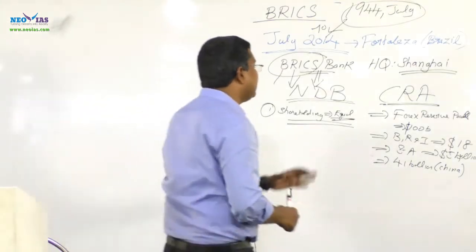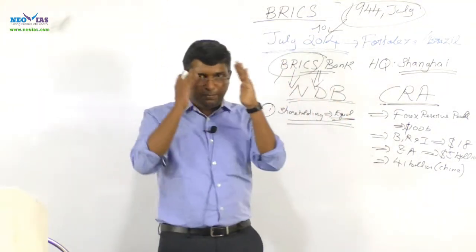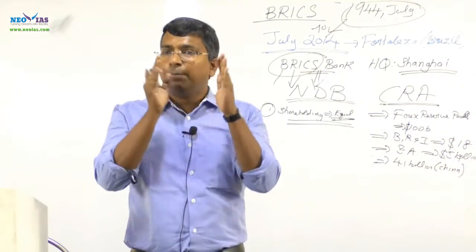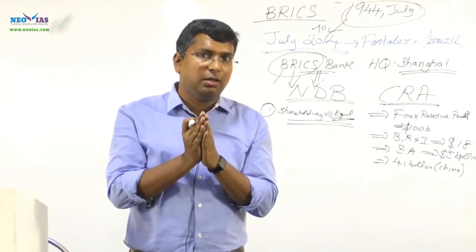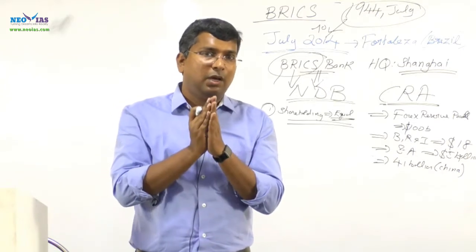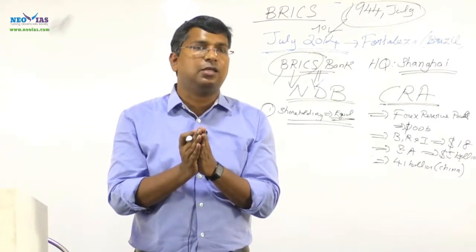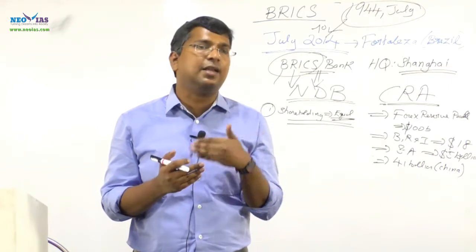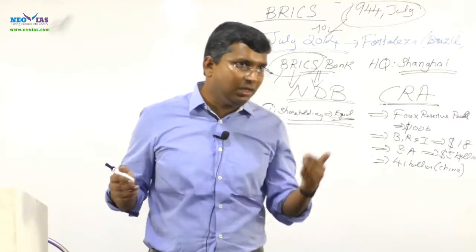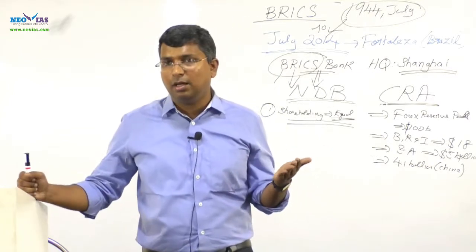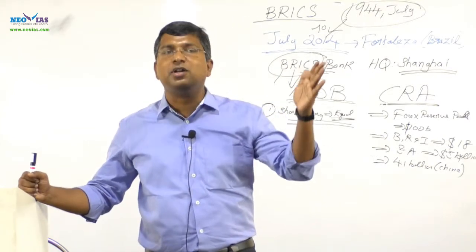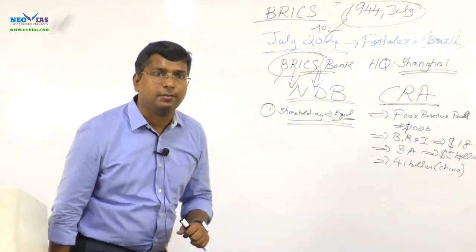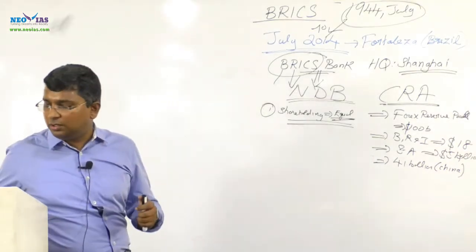Okay, so this is sufficient for the basic understanding. This is a core point. Try to understand that the BRICS emerging bloc has set up a new bank, called the New Development Bank, and an arrangement called the Currency Reserve Arrangement, with its headquarters at Shanghai, to do a similar function to what the IMF and World Bank are doing presently. Okay, now try to solve the question on